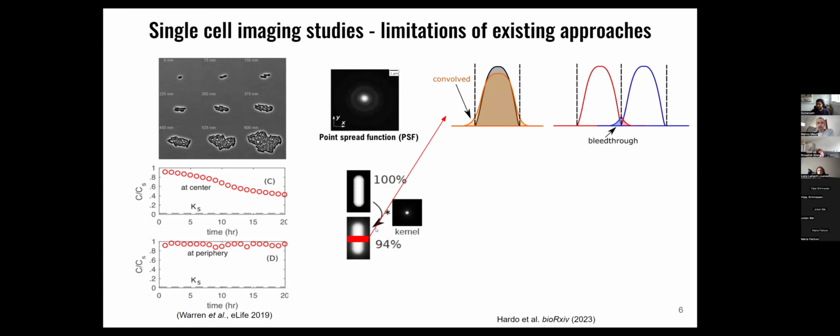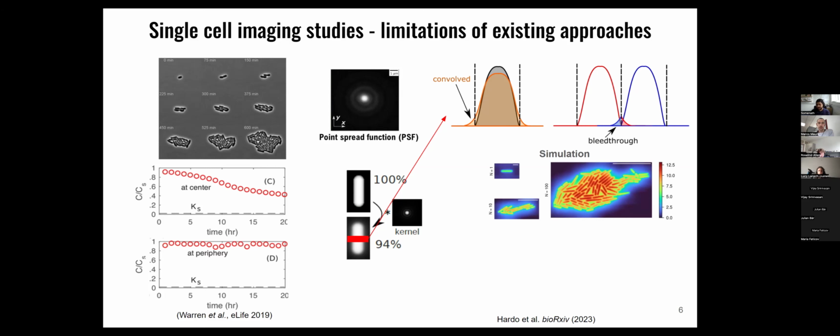Now, if there are two cells next to each other, that means that some of the light will be allocated to the neighbor cell, while light from the neighbor cell will be allocated to the original one. And this creates a very serious problem when imaging microcolonies. So, for example, here is a simulation we have run where, using the same amount of emitters per cell, we can show that individual cells are much dimmer, but when you place them in small and larger clusters, they just appear brighter purely due to this bleed-through effect from light coming from their neighbors. So as the number of neighbors increases, cells just appear brighter, completely as an artifact of diffraction.